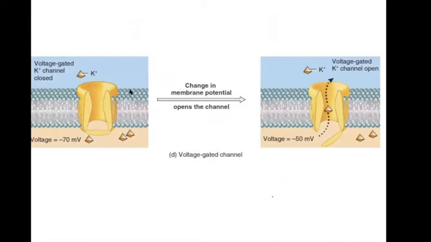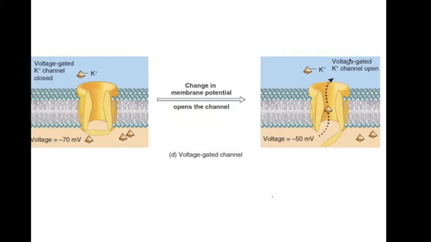And the last one is relevant to us. The last signal is a voltage change, and that voltage change opens up the channel, and whatever the channel is permeable to will flow according to its electrochemical gradient. Remember I said potassium is kept high inside the cell, and the cell is normally kept at minus 70 millivolts. If the voltage rose to minus 50, towards zero, and that opened up a channel, all of a sudden potassium ions would flow out. That's what you call a voltage-gated potassium channel.